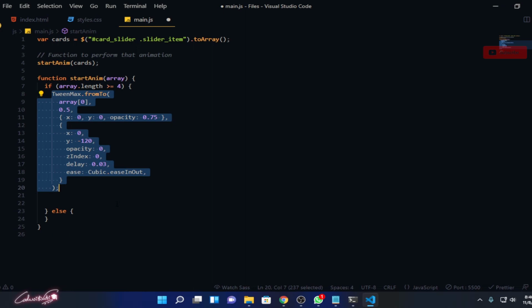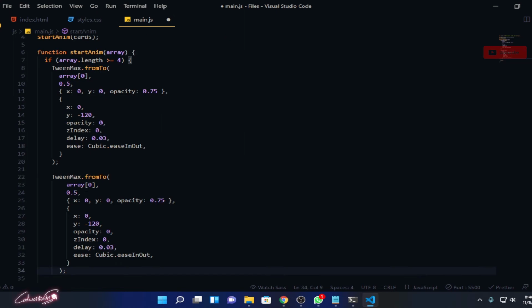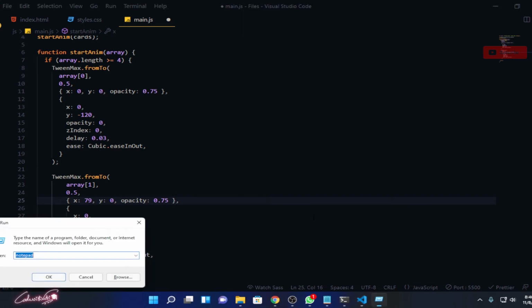Okay, copy this, and I'm going to paste it. Instead of giving 0, we need to pass the second element of your array, and we are going to use the same timing. And this time for the second element we're going to use 79 pixels, because in the starting stage, what we need to do is, for instance,